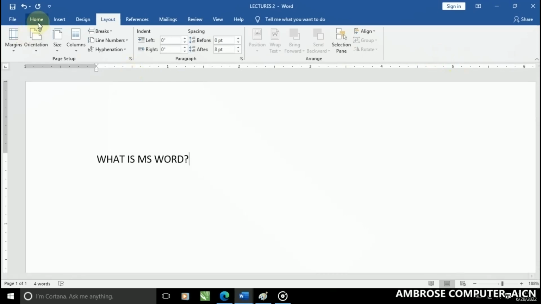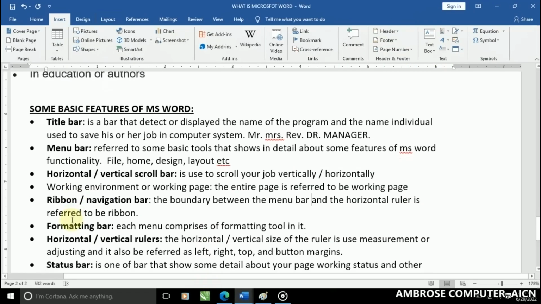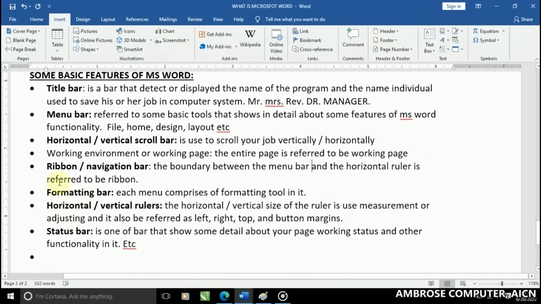So it depends on the reason why you want to activate it, but in case it happens when you are using it, go ahead and deactivate it. So that's what we refer to as a ribbon. Alright, then